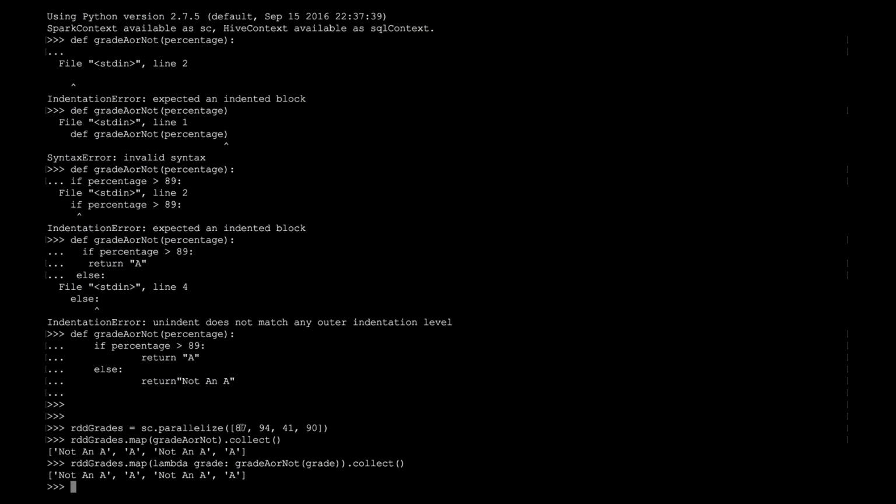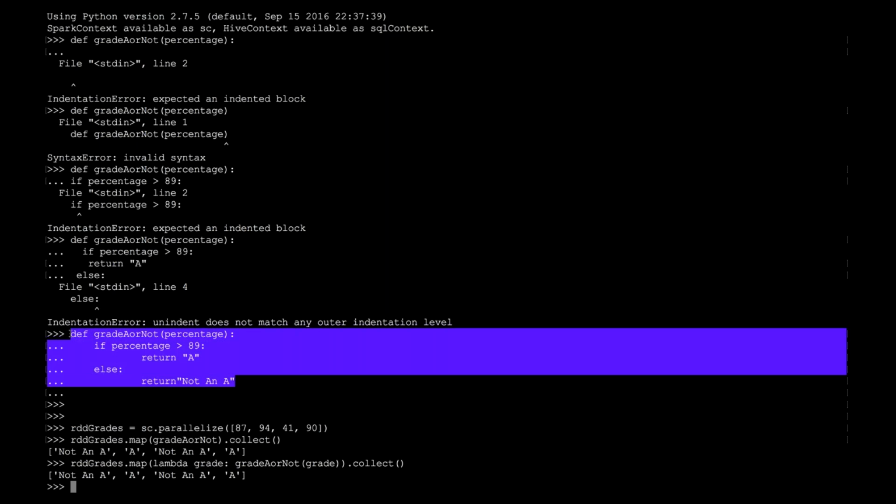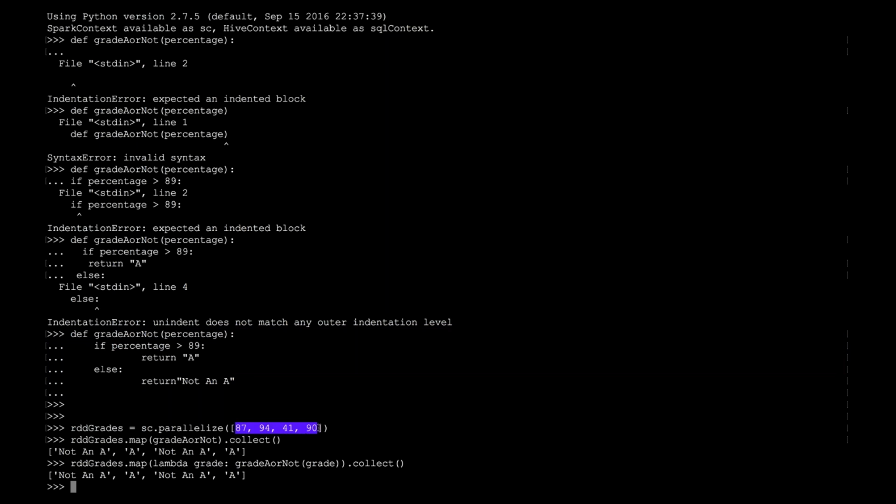Not clear, Amar, really. Actually, if you create any class, that has to be inherited somewhere, right? That's what I'm telling you, sir. I have passed this one. After passing this one, whatever I give here, that will be taken as a percentage. Do you see here? RDD grades dot map function. In map function,